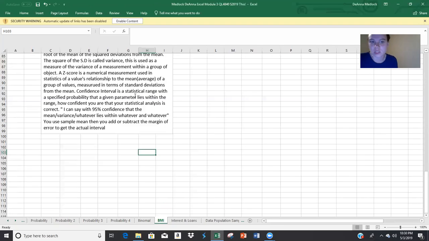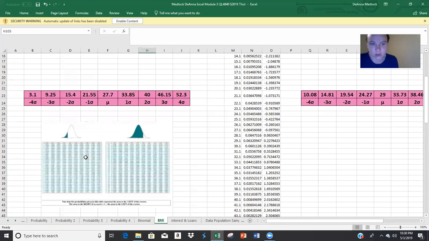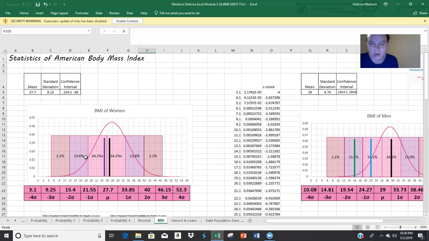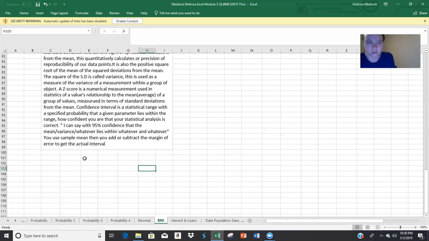Confidence interval is a statistical range with a specified probability that a given parameter lies within the range. It's how confident you are that your statistical analysis is correct, which was the percentages that I showed you from here to here. And when we talk about confidence interval, you can say with 95% confidence